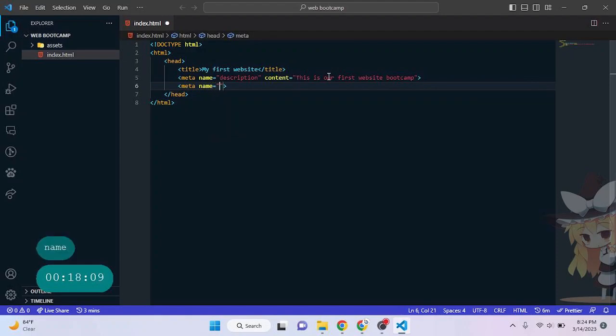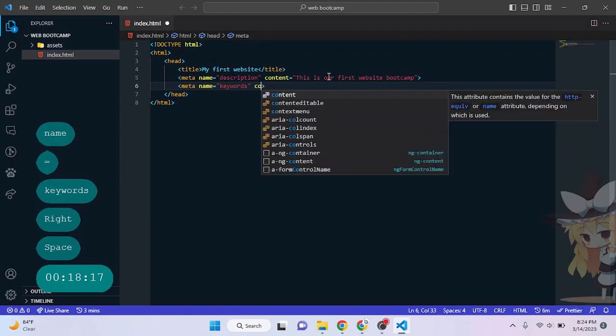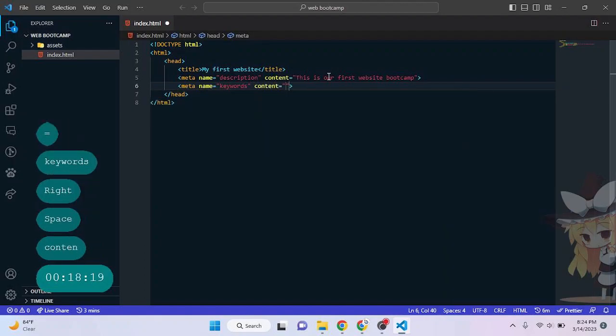Okay, so the next one I want to define now is the keywords. And what's the content? This is the particular one Google normally uses, these keywords. So now, what are the keywords that will be included in this page? Let me say Berenia